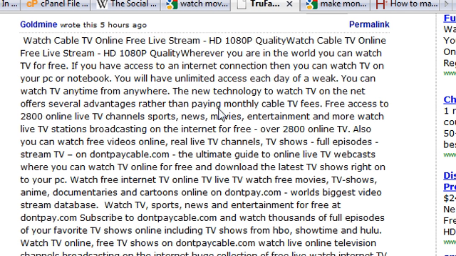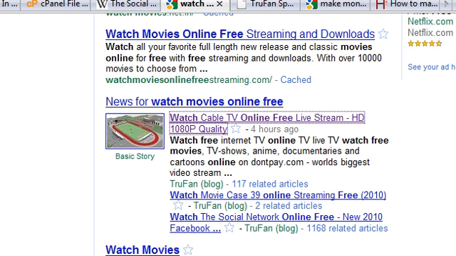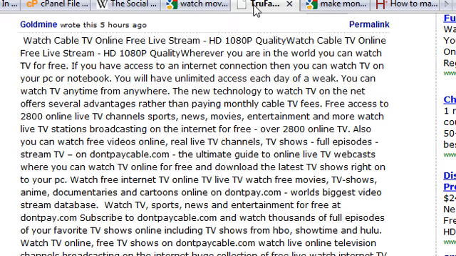Okay, the way that it works with any optimization that will last and that will get on there quickly is you have to talk to the visitors and be very targeted. Let's say for instance, his keyword in here was watch movies online free.